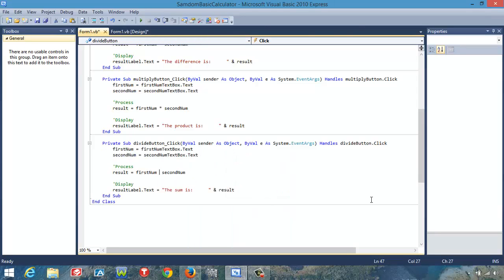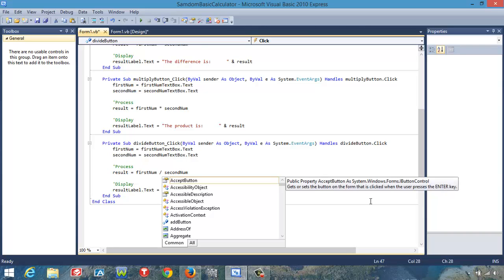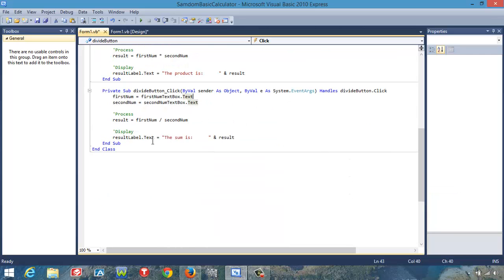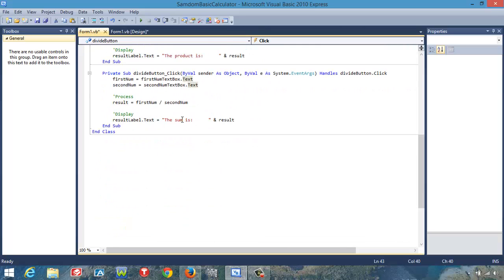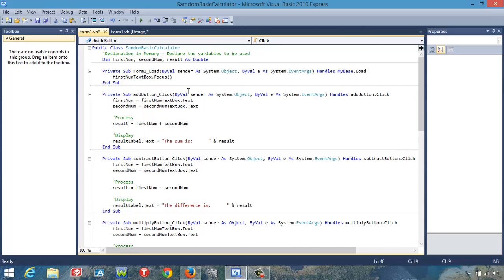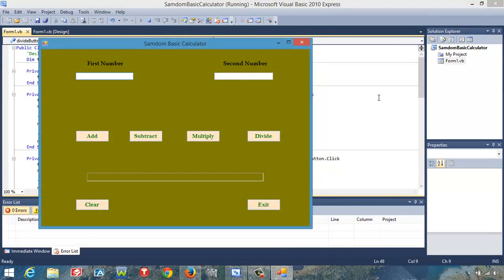I'll just put divide button here. Slash means divide. And I will say here the quotient. The quotient is the result. Okay. Now, if you want to test this the moment, you can put